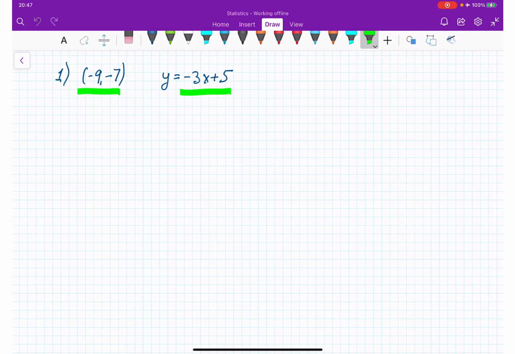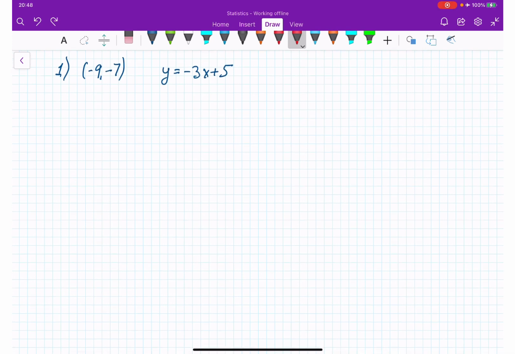So one more time, our task is to write down the equation of the line in these two forms, slope intercept and point slope, that is going to express the graph that is running parallel to this -3x plus 5 graph and passing through point (-9, -7). Okay, so how are we going to start? First of all, let's remember